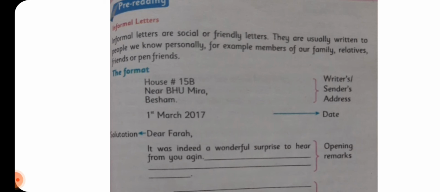After that, and this process is the same as that for the formal letter, you mention the date, and this is also the same as that for the formal letter. But what differs is that in the formal letter, after mentioning the date, we write the receiver's address, meaning the address of the person to whom we are writing the letter. But in the informal letter, we don't have to mention any such address, because usually the address of the receiver goes on the envelope. So we don't have to write it inside the letter.